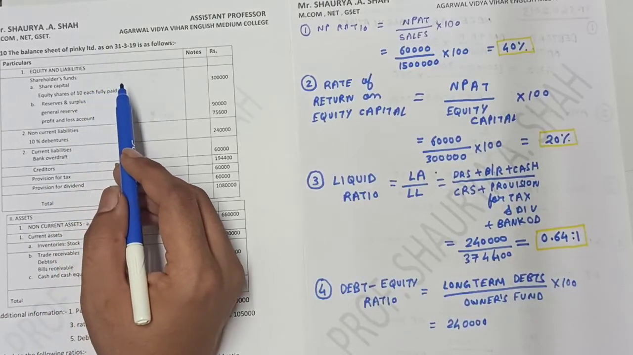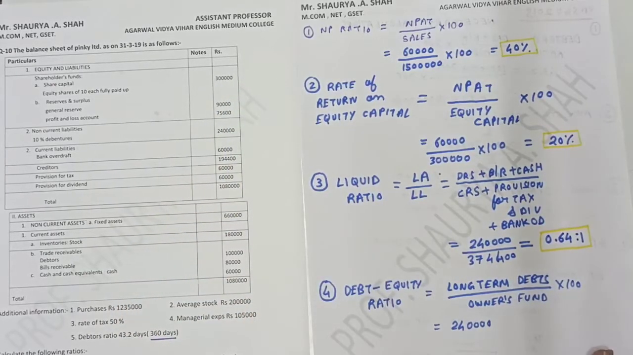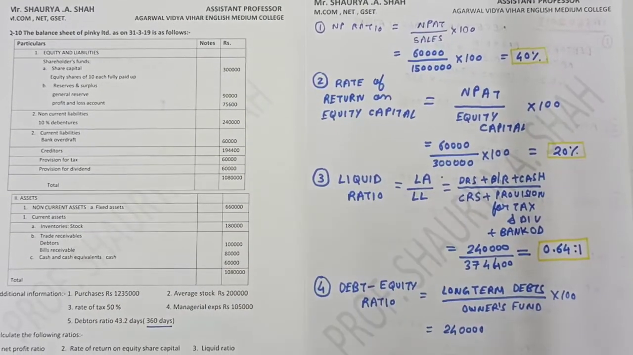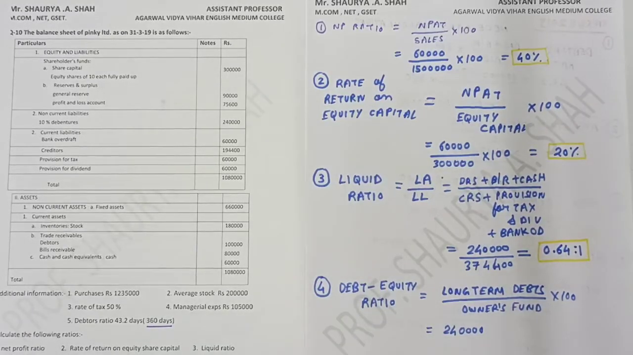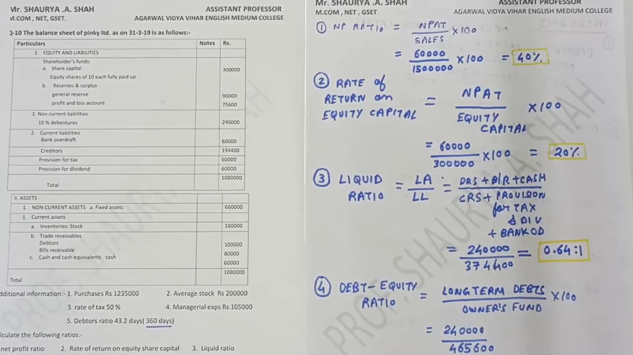So if you see the total, you have to take the equity capital of 3 lakh rupees plus reserves and surplus, that is general reserve and P&L account, right? So what I'll get is the total of 4,65,600. Again repeating, what is your owner's fund? Owner's fund is your share capital plus reserves and surplus, right? So you will get the answer of